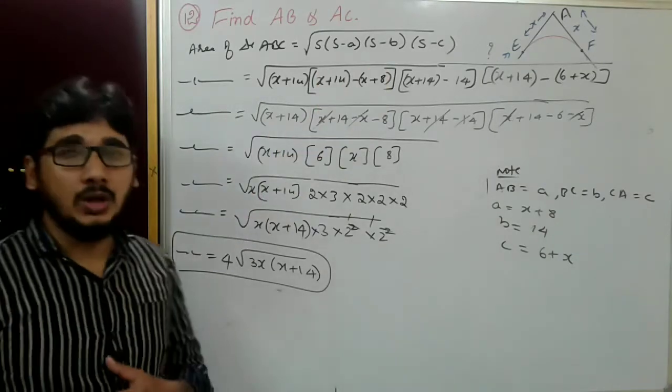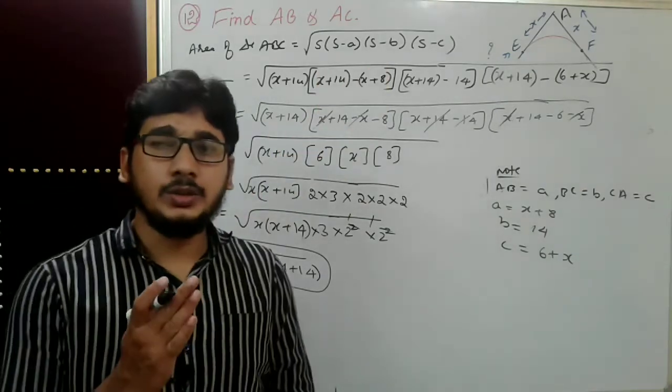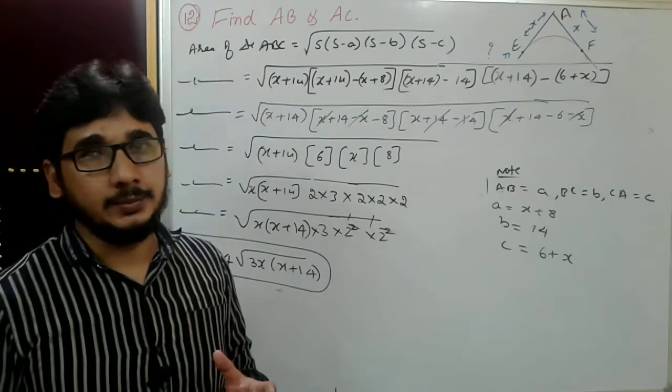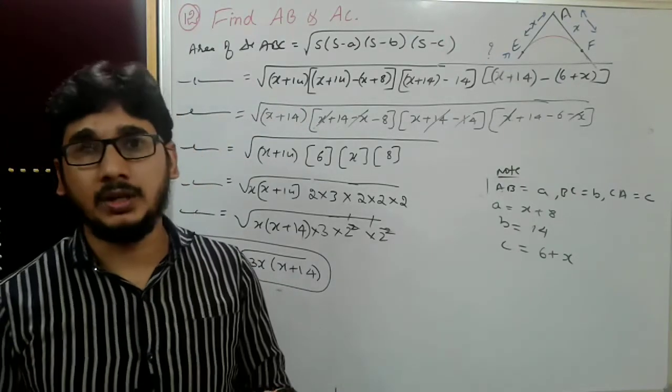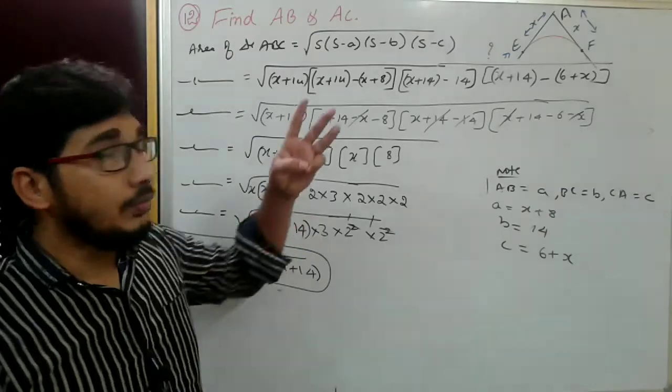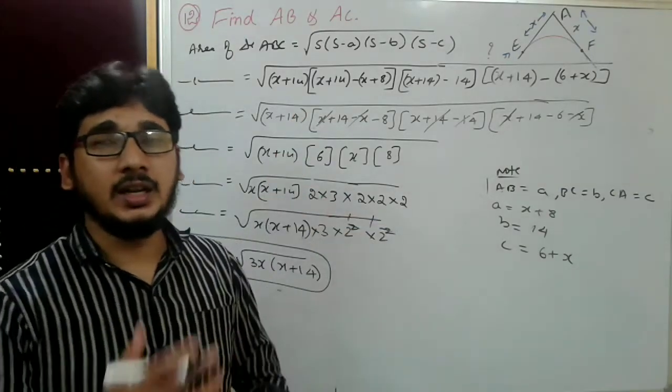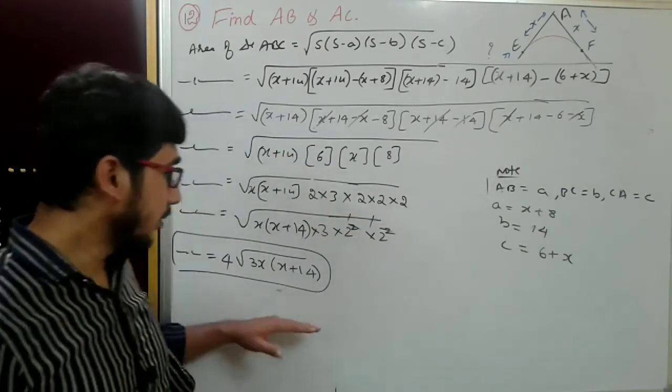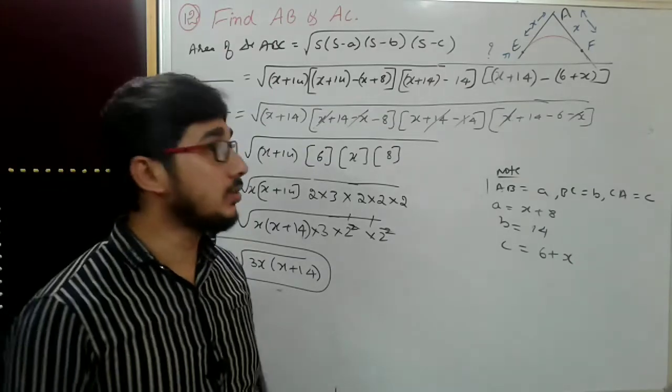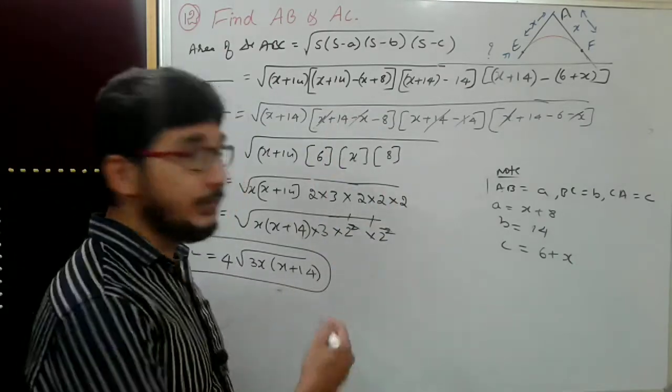Okay, complete area of the triangle what we have written now. So what we will do next step, we'll make it into 3 parts of a triangle. After making it into 3 parts, we can find those parts' area. Then again we'll equate with this whole area. Then we'll get the value of that x. Okay, let me erase this.